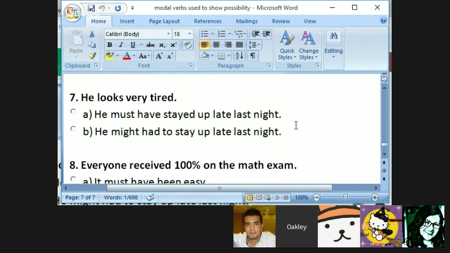Sometimes it makes me laugh when people say, "Teacher, can I go to the bathroom?" I think to myself, well, God, I sure hope so. Otherwise, you better get to a hospital right away. Are you asking me for permission, or are you asking me if you are physically capable? So you have to keep in mind with can and could that it can also mean ability, to avoid confusion.